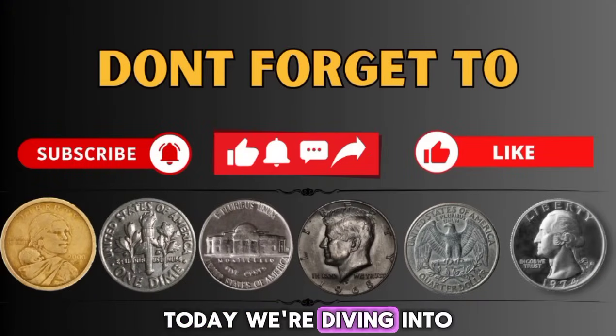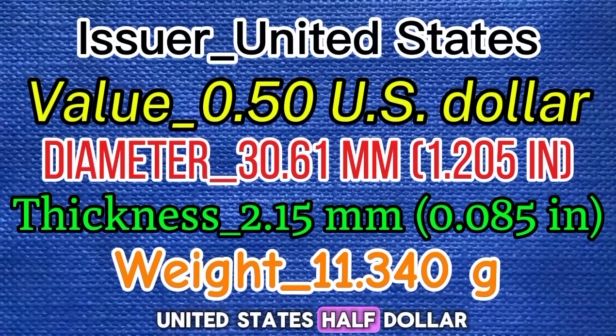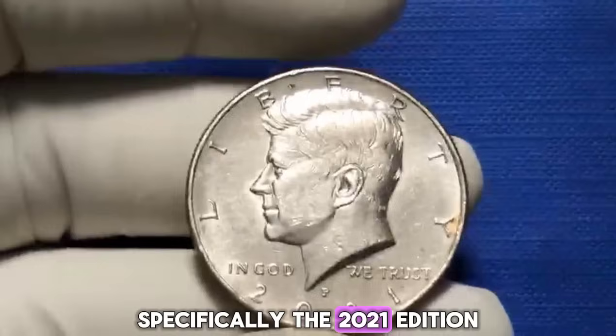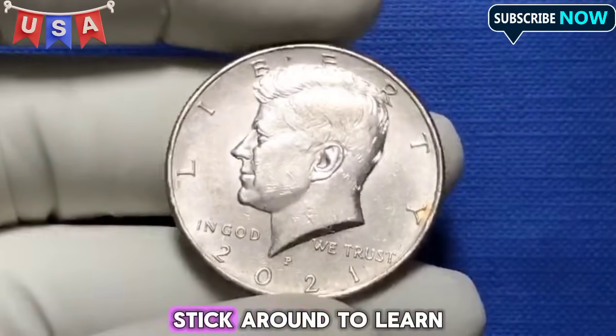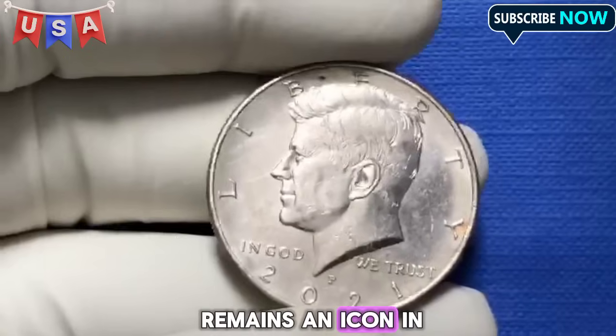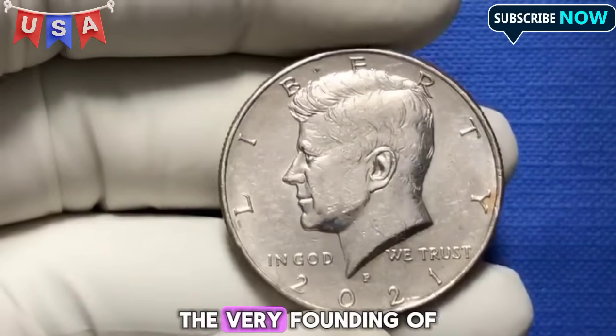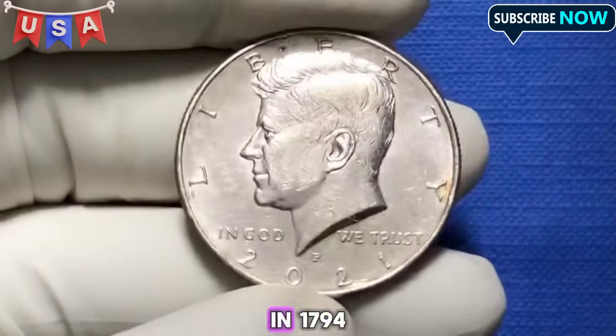Today, we're diving into a true classic in American numismatics, the United States half dollar, specifically the 2021 edition. Stick around to learn about its history, design, and why it remains an icon in U.S. coinage. The half dollar has a rich history dating back to the very founding of the United States Mint in